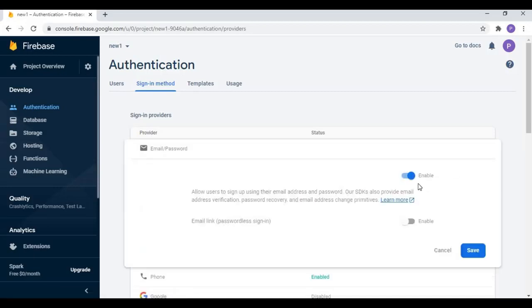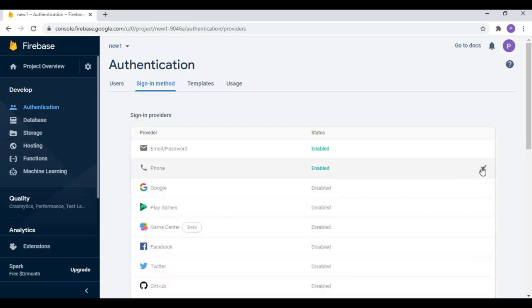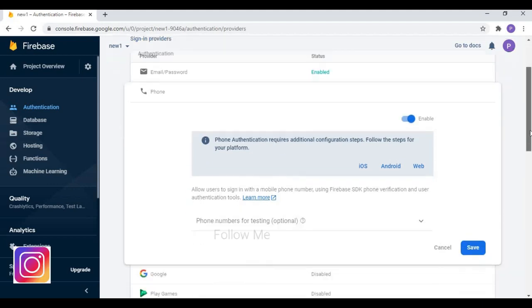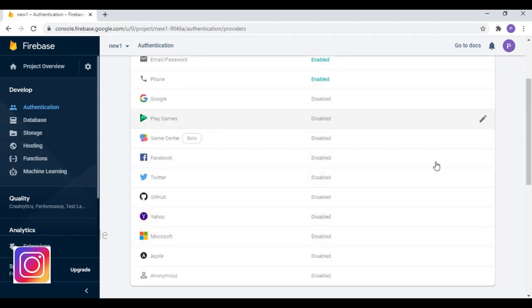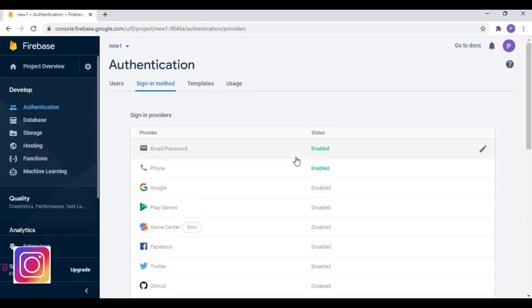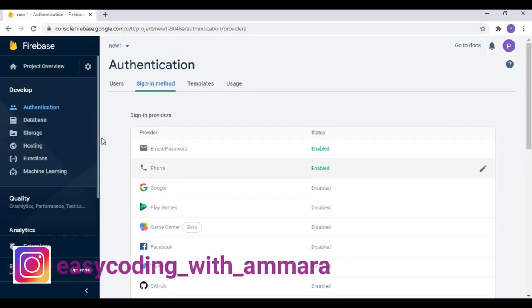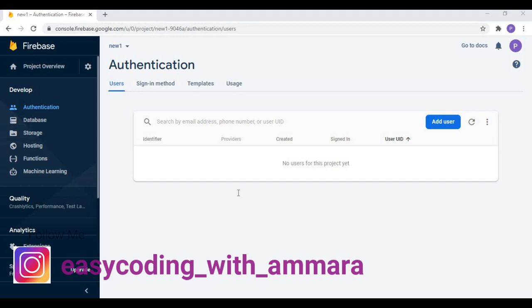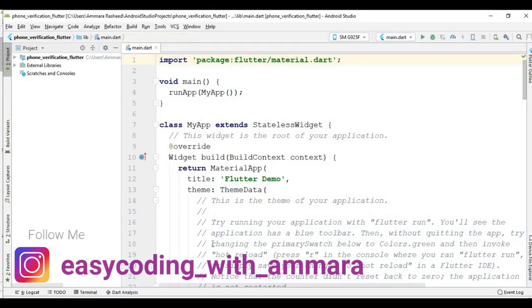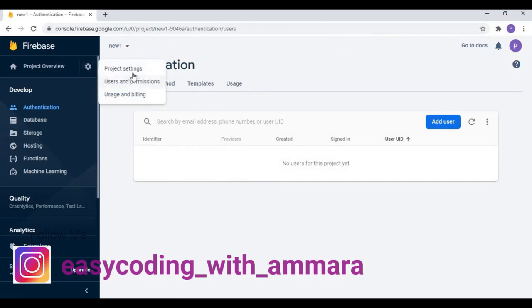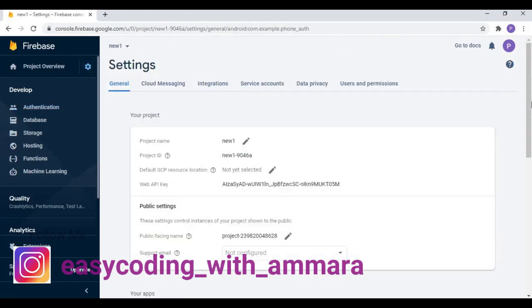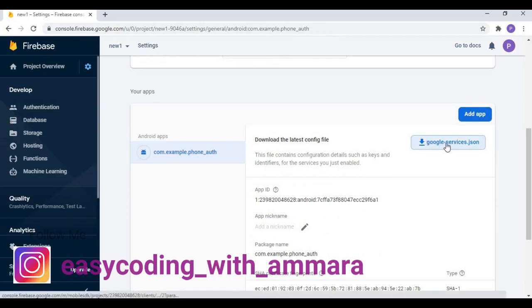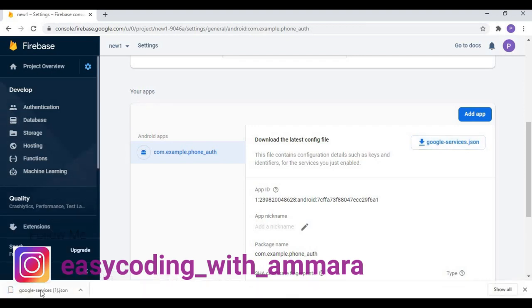You click on this icon and then enable this, and then save this. After that you have to enable this email and click on this enable button, and then go to this save button. Now you will see that we enable the phone number permissions. And now I am going to create this JSON file from here, and click to download this JSON services file. You will see that the file is downloaded,